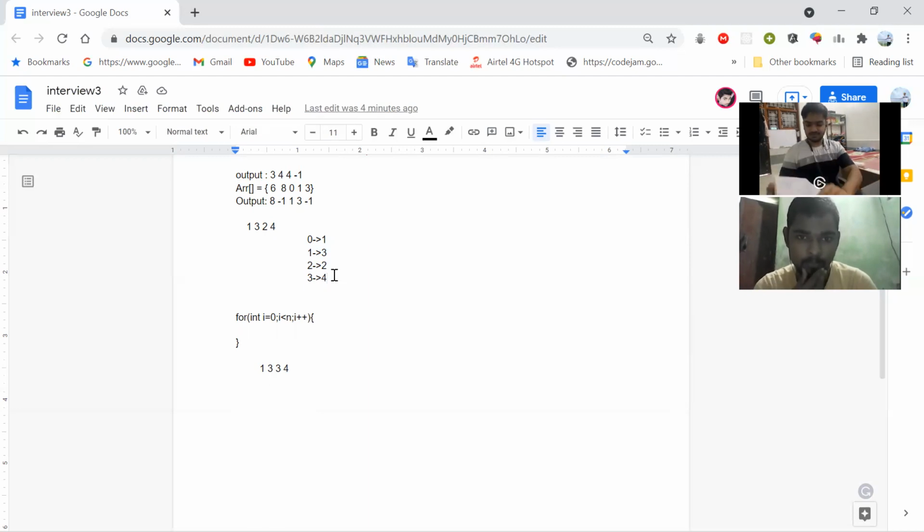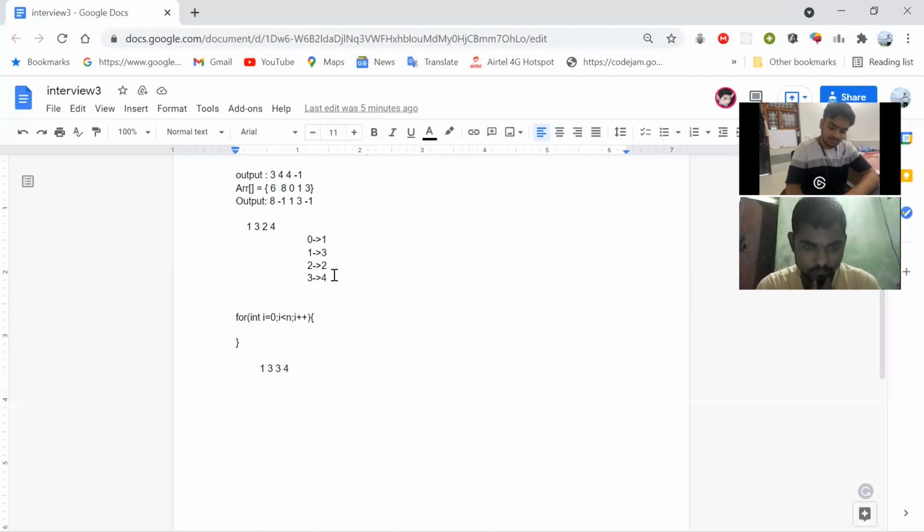Okay, I'm just trying. Let's say this is 1, 3, 2, 4. I'm just at the index 4, and I need to find the next greater for the 4 on the right side only. So for the last element the answer will always be -1. From the next element from the right side, which is 2, I need to print